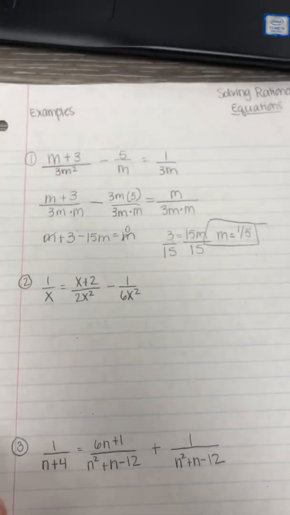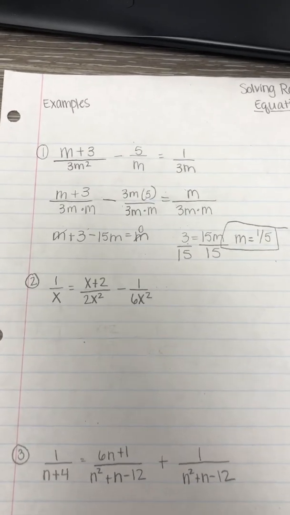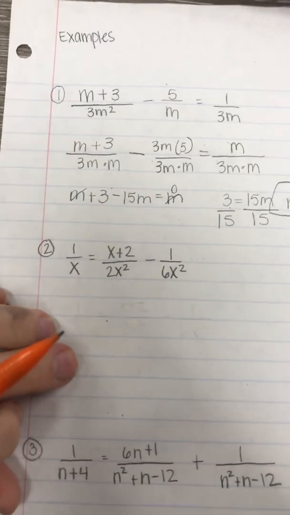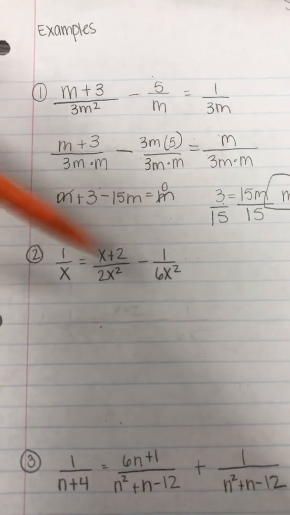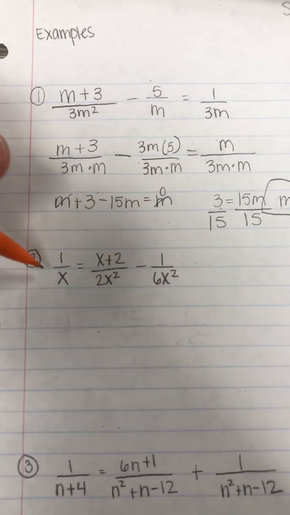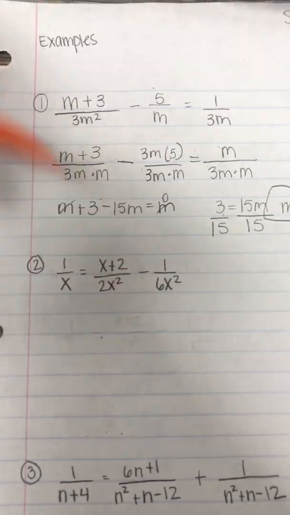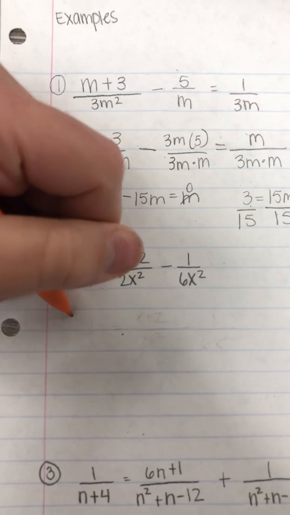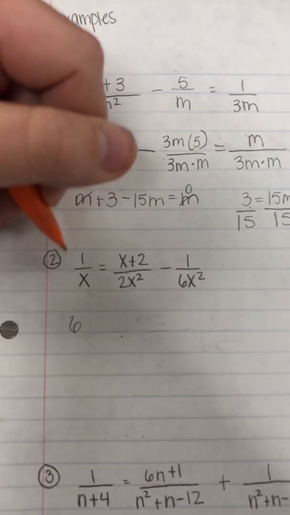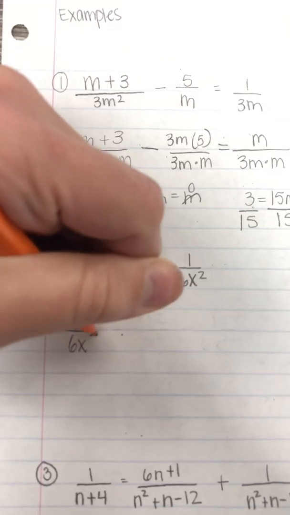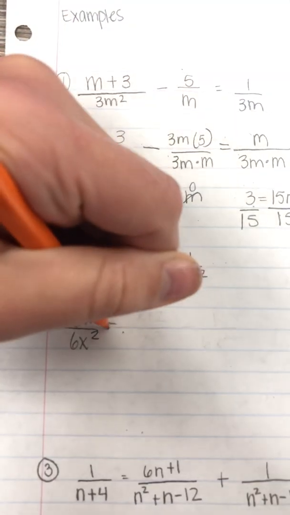All right, just to show you how I work through them, I think it's a little bit differently than how it was worked through on the key. So let's talk about down here. We're going to have to make them all match 6x squared. So in order to make 1 over x match 6x squared, I would multiply it by 6x. Whatever I do to the bottom, I have to do to the top. So it would be 6x over 6x squared equals,